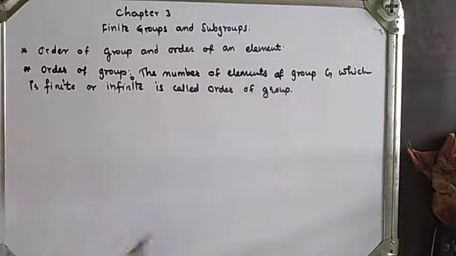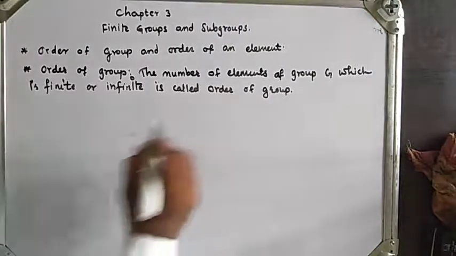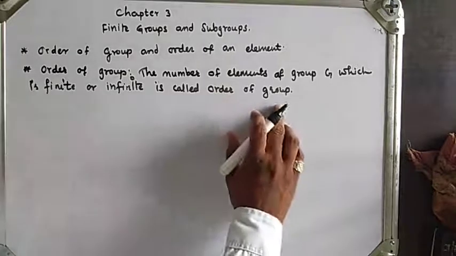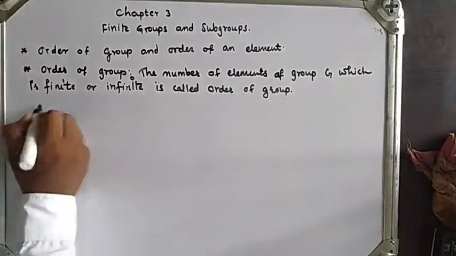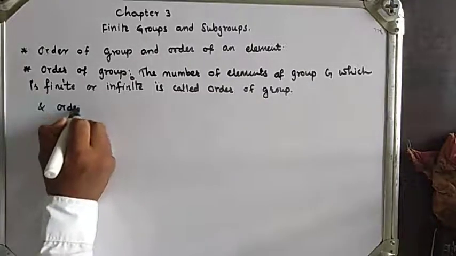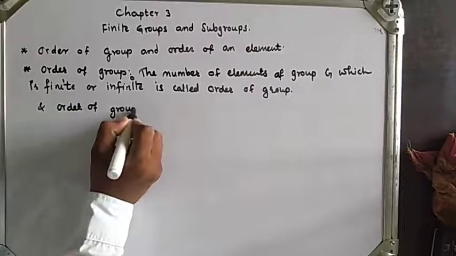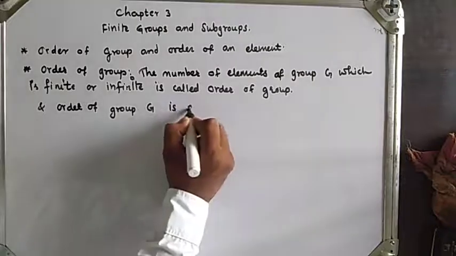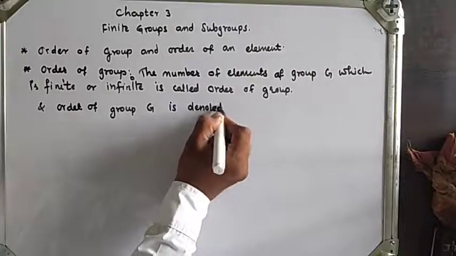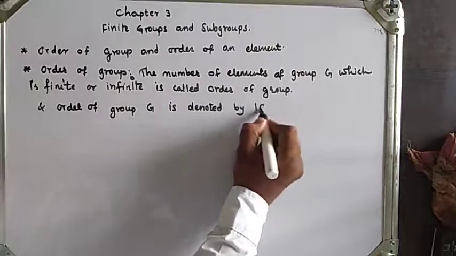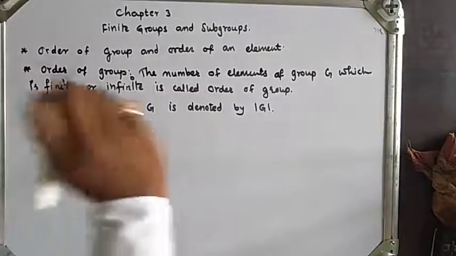Now, the order of group G is denoted by mod G. For example,